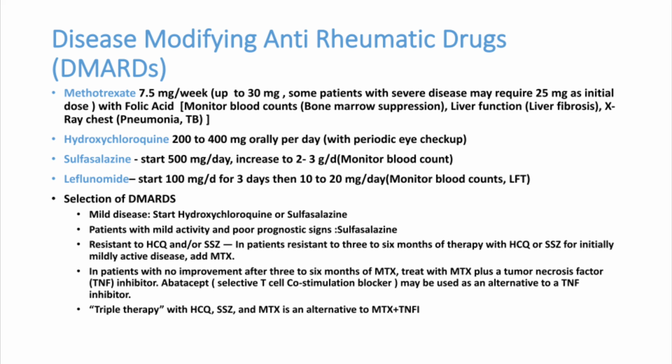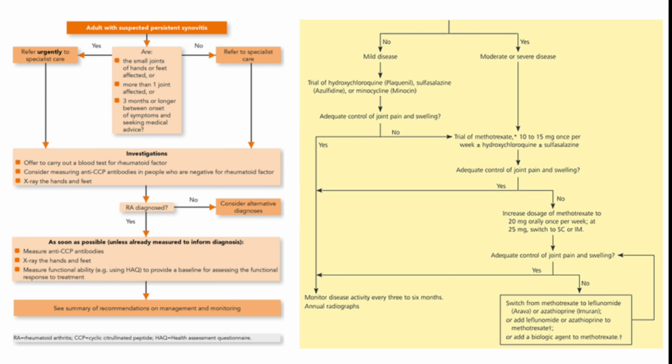For mild disease, hydroxychloroquine may be enough. So this is a pathway to treat rheumatoid arthritis. Clinical history is very important. Then do rheumatoid factor or anti-cyclic citrullinated peptide, and take an X-ray. All these things are required for documentation. Then start the treatment according to these protocols. But most doctors prefer to start methotrexate.